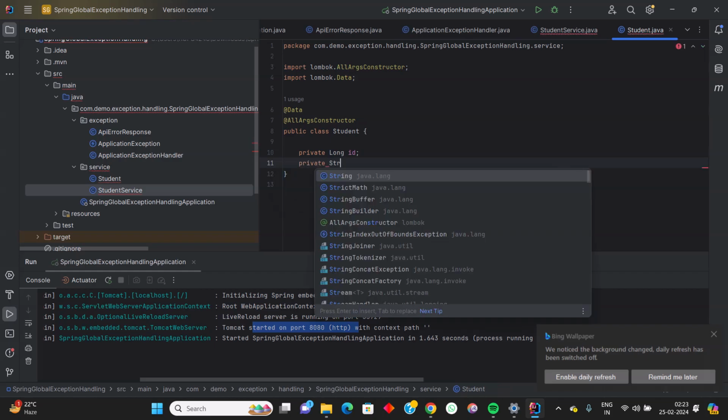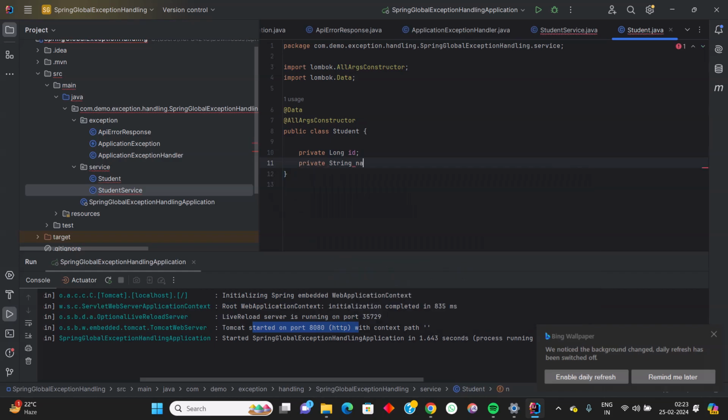private string name, and address. Supposedly with these three values it holds, and